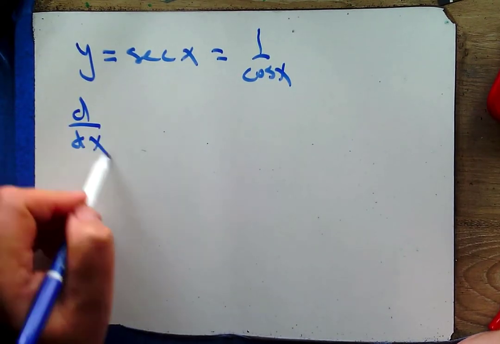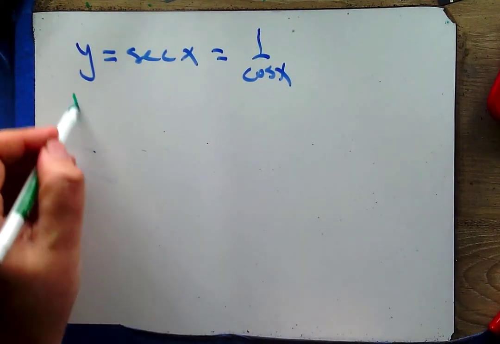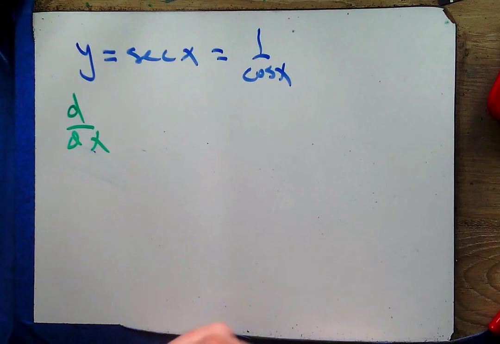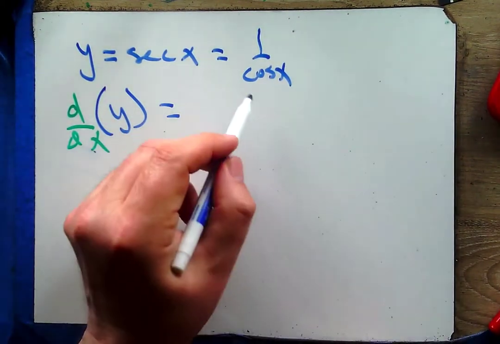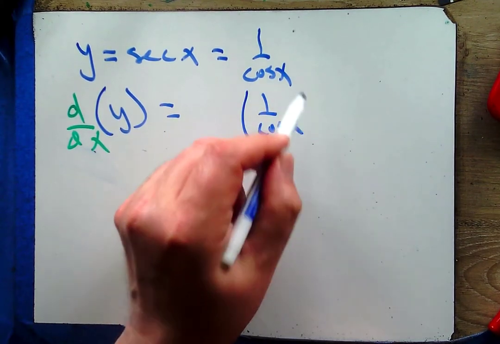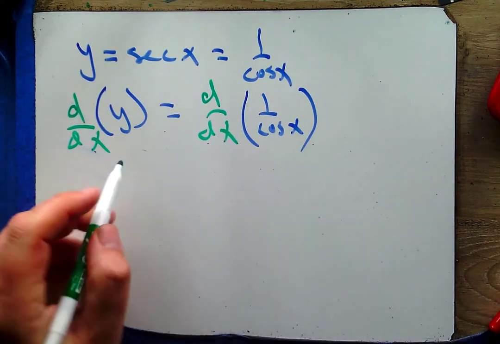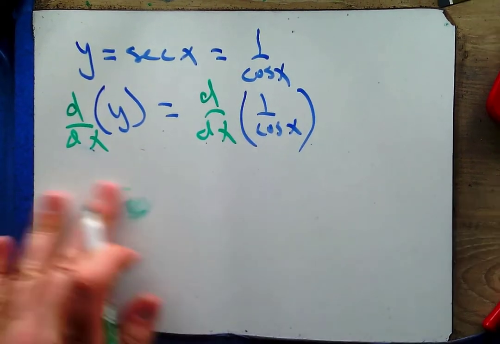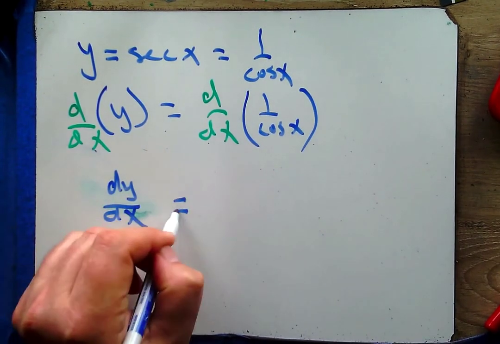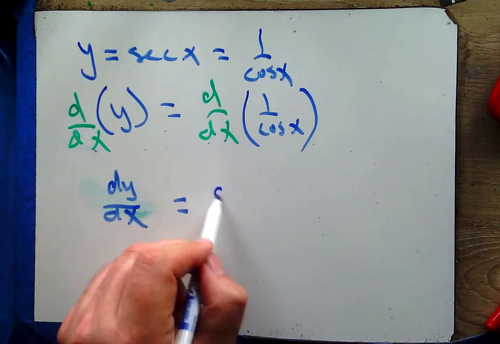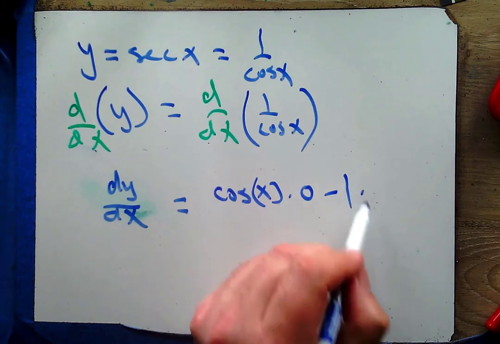I take the derivative with respect to x of y on this side, and 1 over cosine on this side. I'm going to find dy dx. And that's going to be quotient rule. Low d high minus high d low,